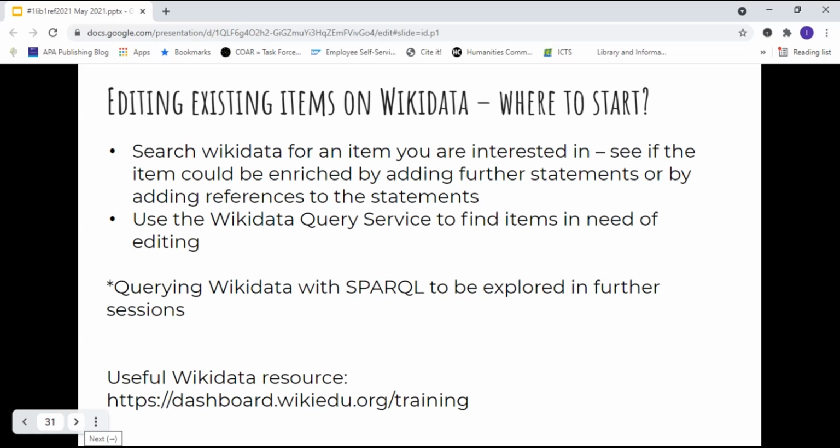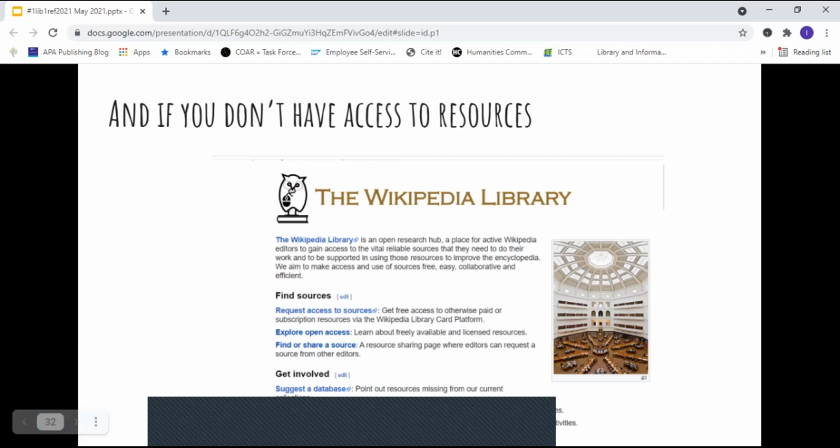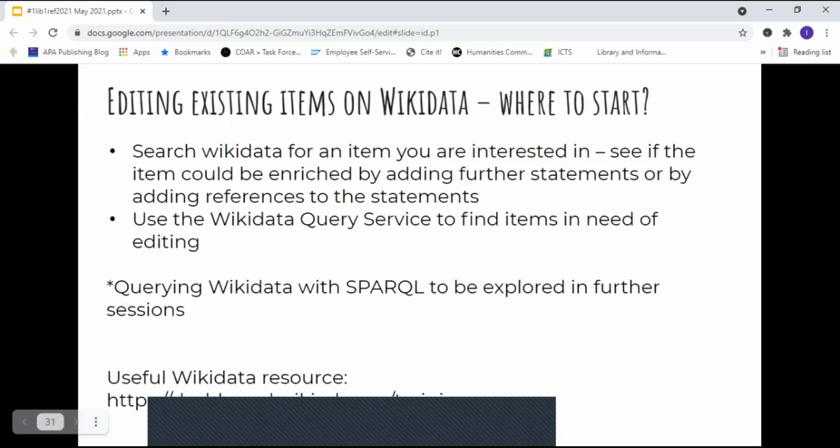So there's a link provided on the slide that you can refer to for further information and also training by the Wikidata working group that will assist with quickly getting into creating or editing your first item. So that's where I will leave it for now, as we will explore more about Wikidata features in the upcoming workshops that we plan to conduct. So Ingrid, it is over to you.